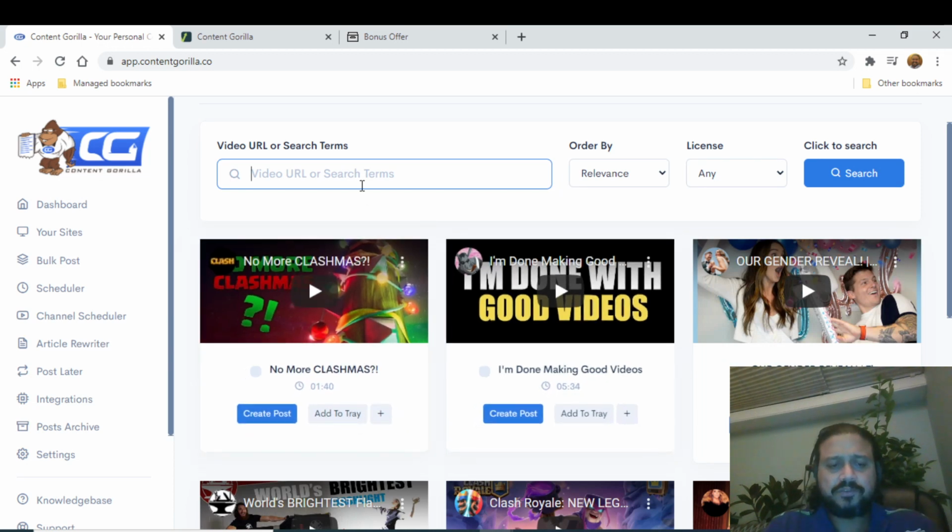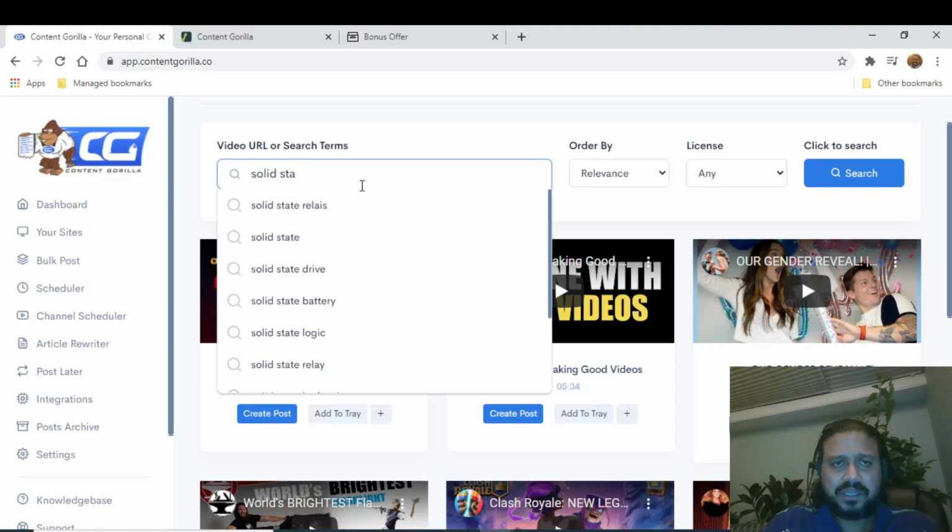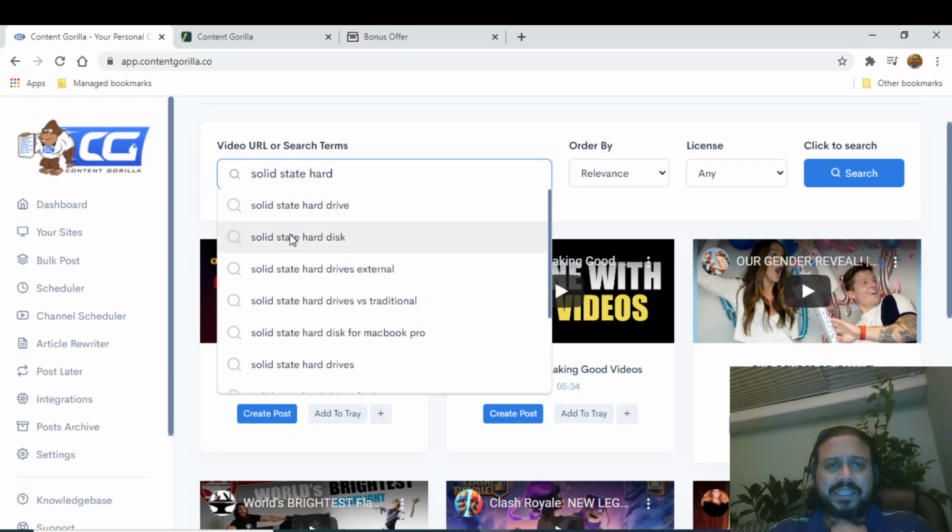Right, so you can search for, let me say I'm using the same solid state hard drive, let's say hard drive. Now you can see this is something generated from Google, so this will also give you additional search options.